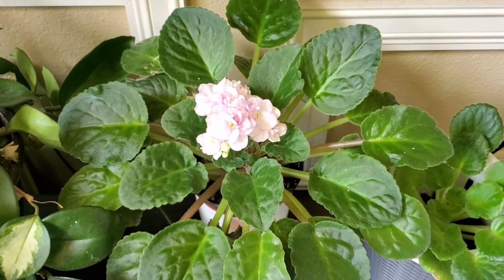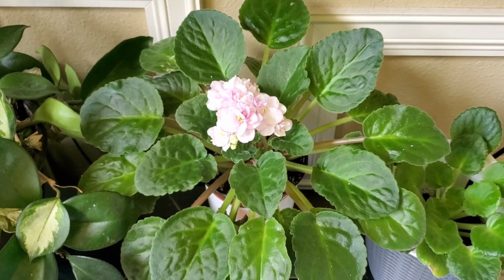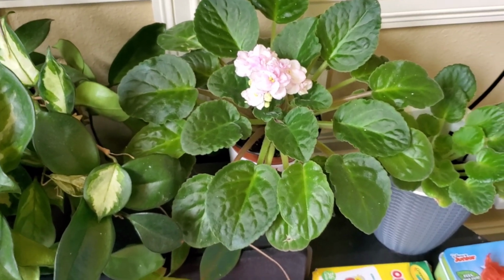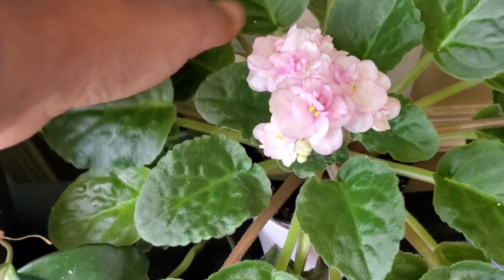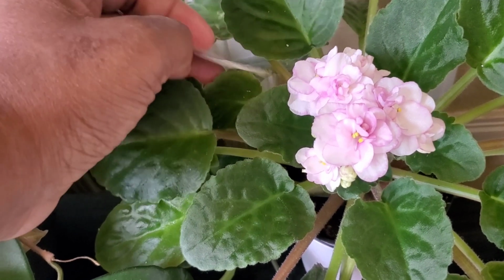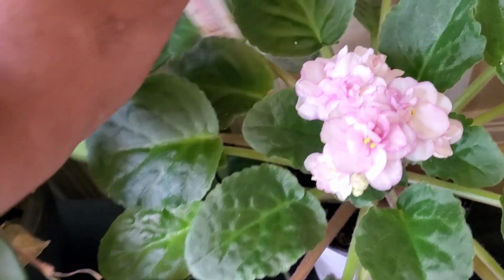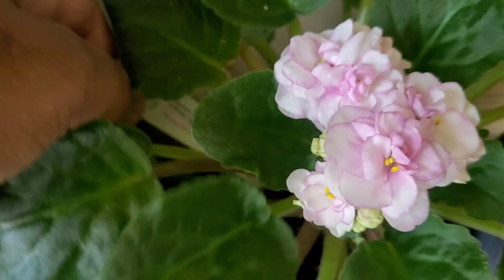And I wanted to come and show y'all this Wednesday because I was thinking about videos and what I've been sharing with y'all, and I realized that I haven't shown y'all my African violets in a really long time. So right here is one of the African violets in our living room. This is one of my Optimara violets that I ordered from the website, and I think, yes, this one is Rocky Mountain. So it is in bloom, and I'm going to get in close here so that y'all can see